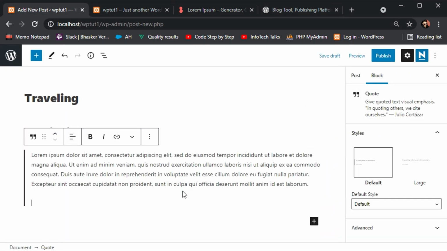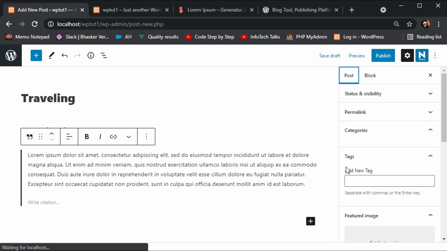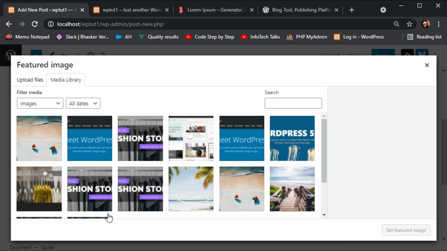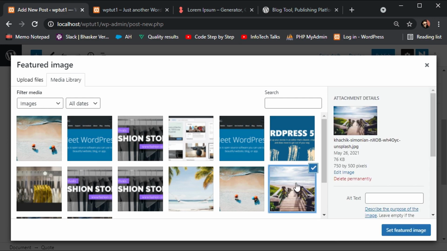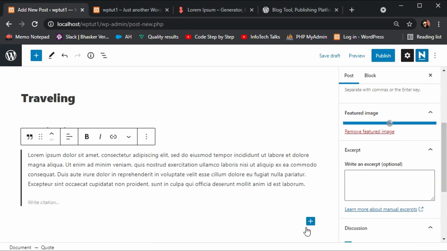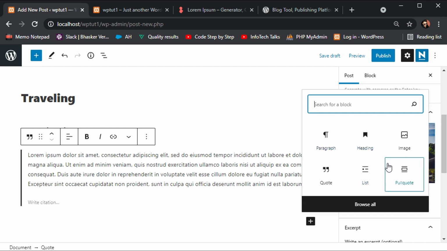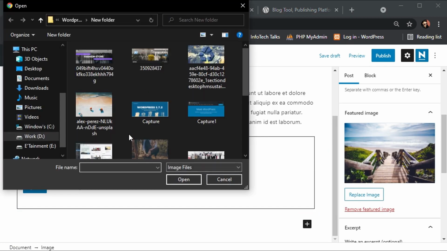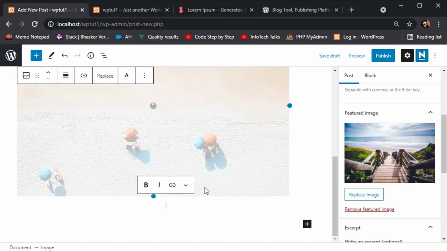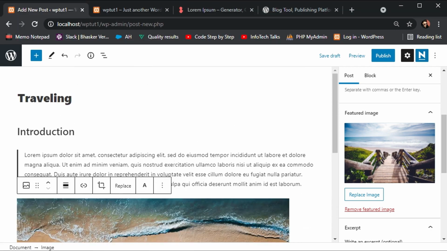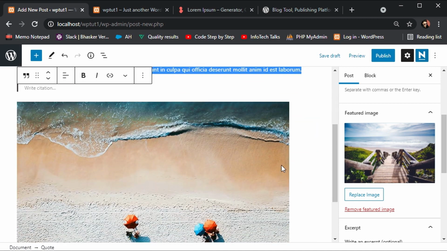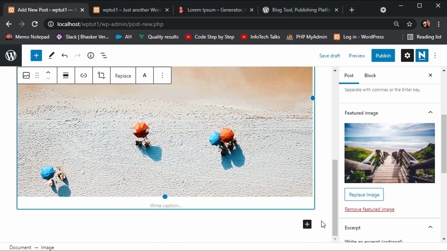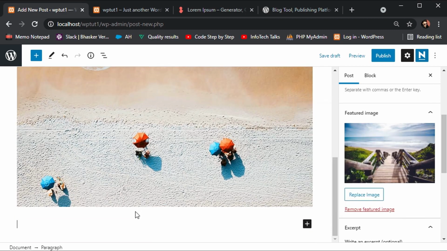So this is my paragraph, and this is the featured image of my post, and I'm going to add one more image. This is going to be my other image, and I'm going to add one more paragraph over here.